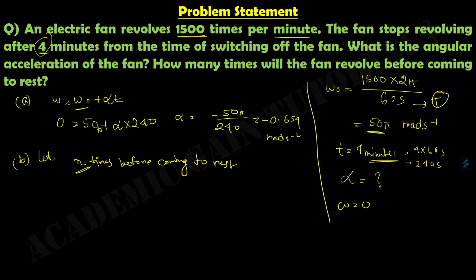So for finding n, first of all, we have to find out, not n, sorry, this is not n. Let it revolve theta times before coming to rest, because revolution is one kind of